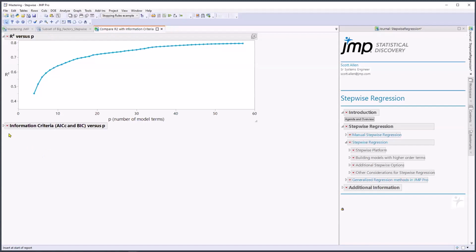And we're going to use something called information criteria, specifically the AICC or the BIC. You don't have to know the math behind these in order to use them, but just know that they're a way to help you evaluate the fit of a model. And so if we just used R squared,